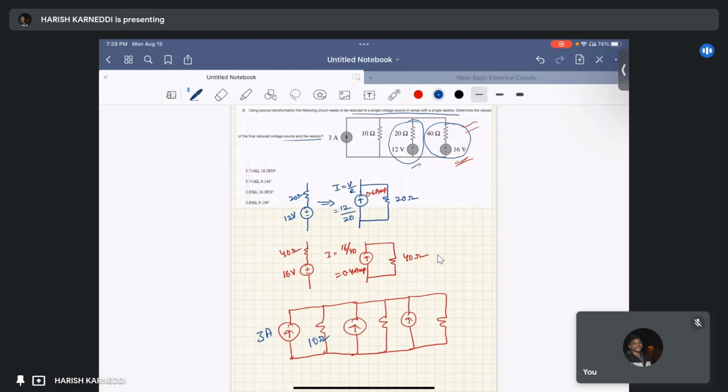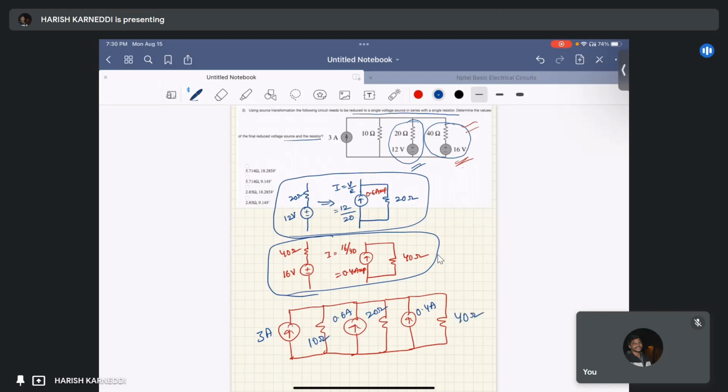The second one, we just applied the source transformation technique here, that equals 0.6 amperes in parallel with 20 ohm, right? And the third arm, we just did here, that is 0.4 amperes